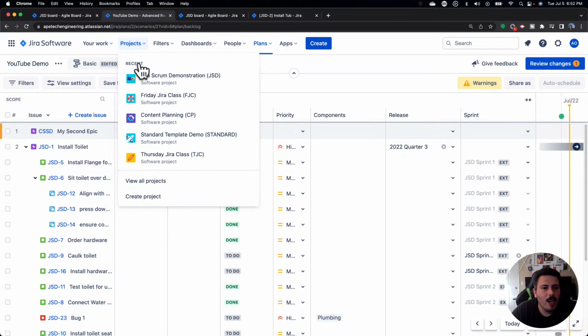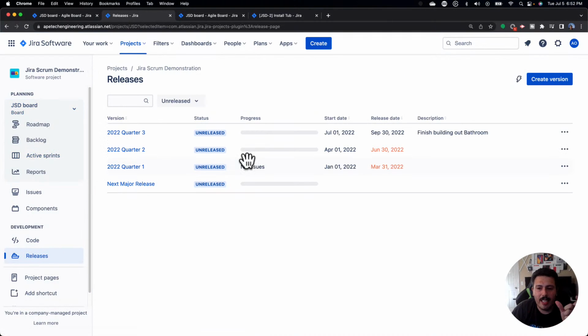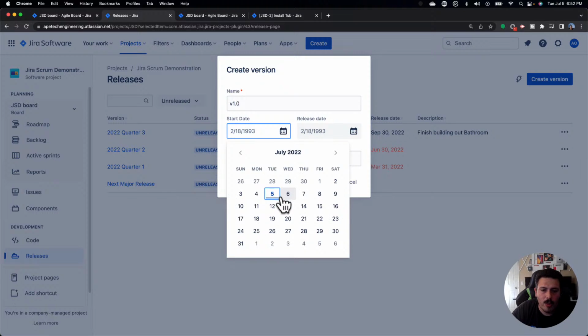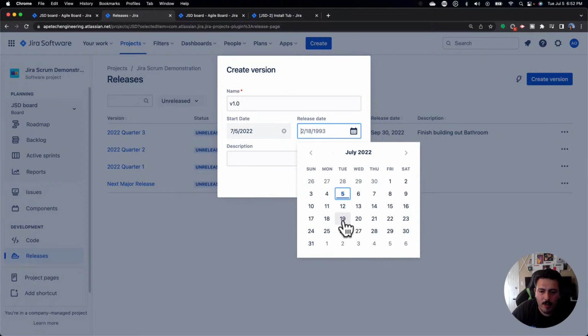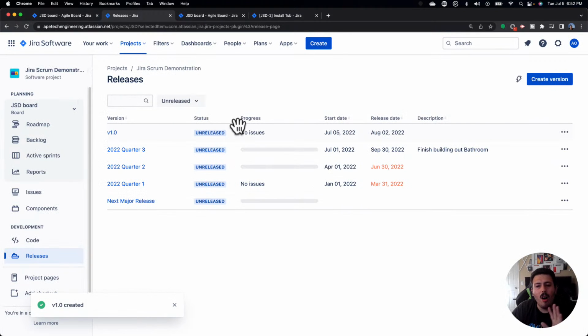So when we first talked about releases, it was very much designed to have that conversation at the epic level. But you've been hearing me mention something about a 1.0, 1.1. And so if you're working on a software-based project, I also recommend that you really leverage your releases to plan out version 1.0, right? And then set your dates for 1.0. And so if your 1.0 is going to be something you're going to release in a month's time, you can do that. And now all the stories, all the epics, tasks, bugs, whatever you're tracking, can all be associated